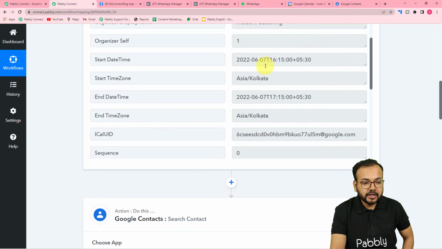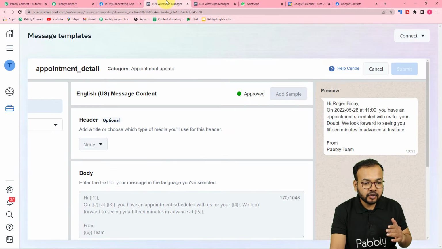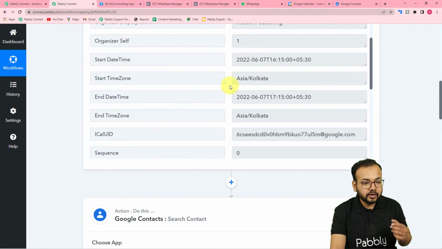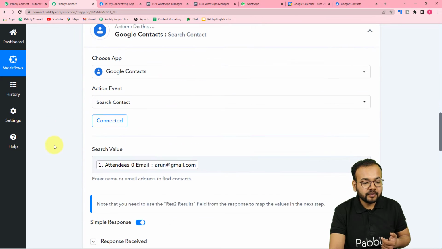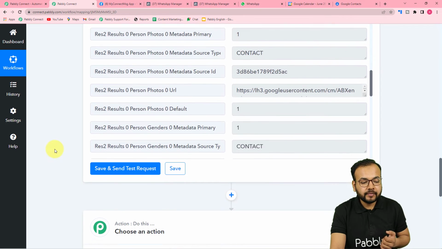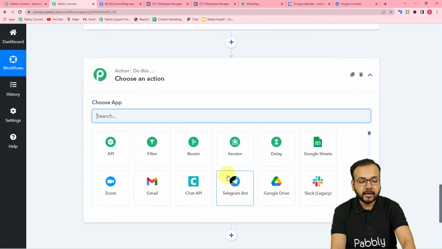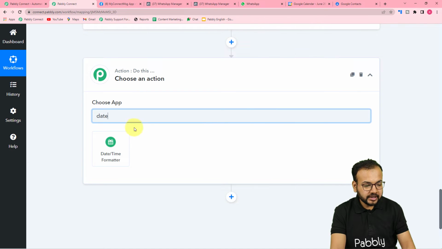We need to change this format, guys, to get it converted into the format in which we can send this kind of message. We need to have the date in this format, YYMMDD, and we need to have the time as well. So I'm going to change the format of this date time that I have received, and to change the format I'm going to use a feature of Pabbly Connect which is called date time formatter. From this action step, first of all I'm going to choose date time formatter,